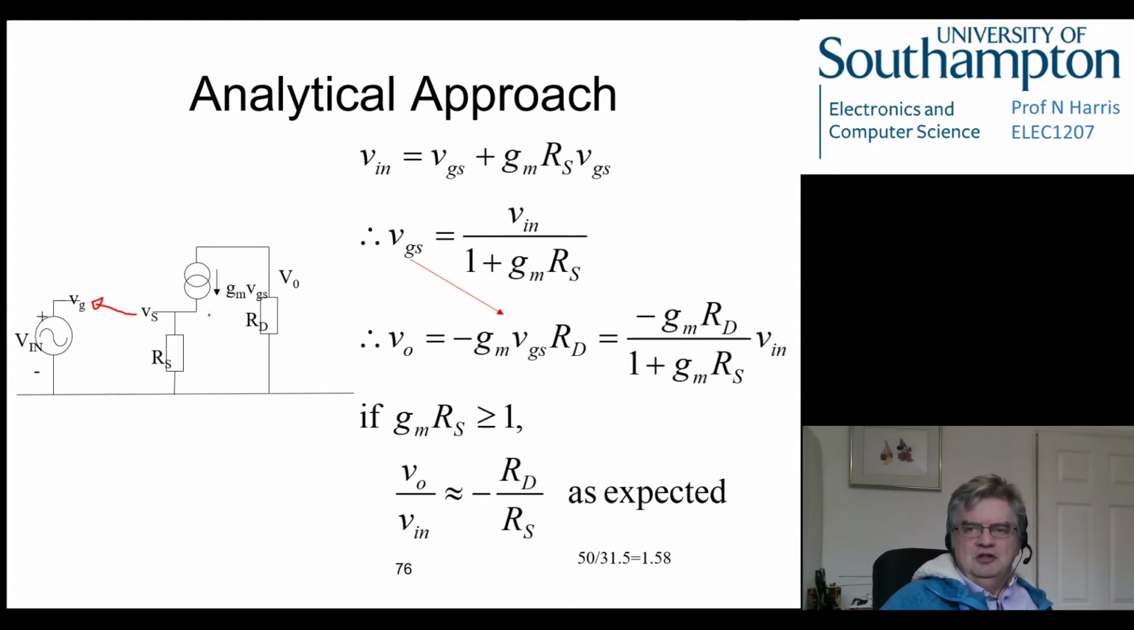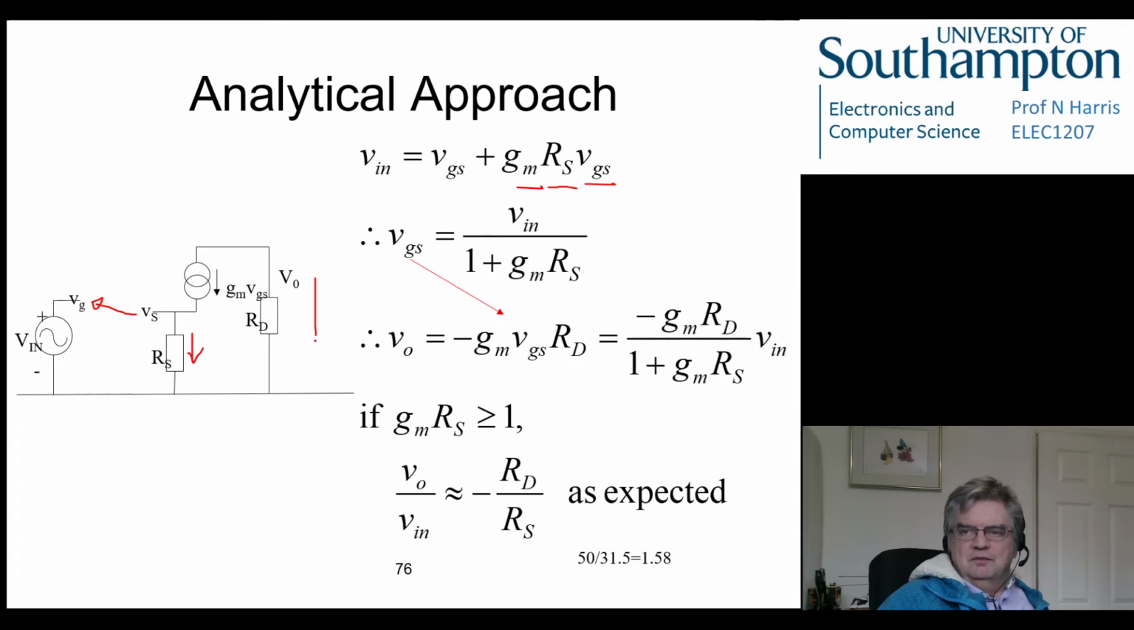So you've got GM VGS as the current flowing through here, which is this bit and this bit, and RS turns that into a voltage for us. So we've added up the voltages around this loop, and therefore we can rearrange this to give us VGS equals this, and we know that V out is the